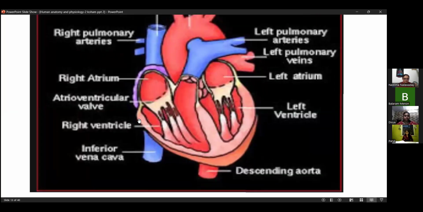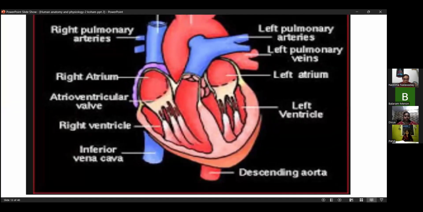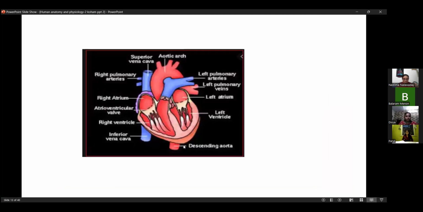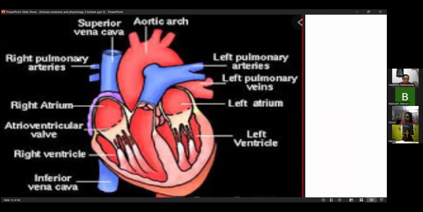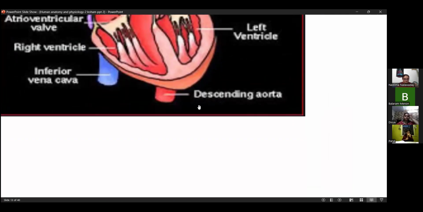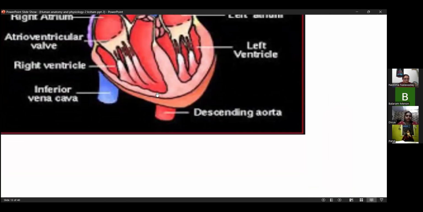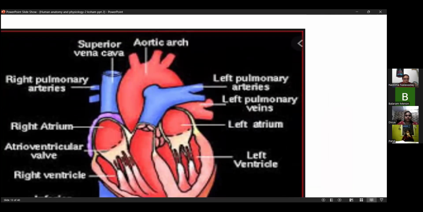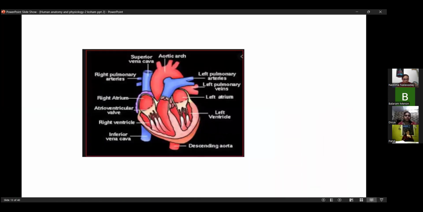So here you can see the aortic notch and superior vena cava, inferior vena cava, aortic notch and aortic arch, and from that blood is getting circulated to the upper and lower parts of the body. And this is the descending aorta. So this diagram is also there. I'm sending you all the PPTs. There are 2-3 diagrams, and you can see all the structures of the heart and the anatomy of the heart.